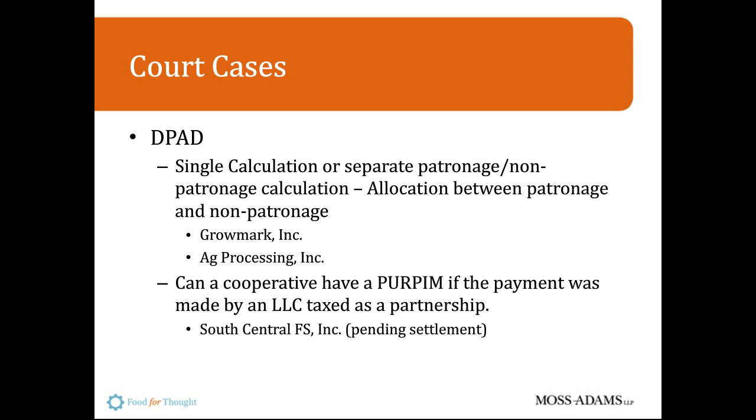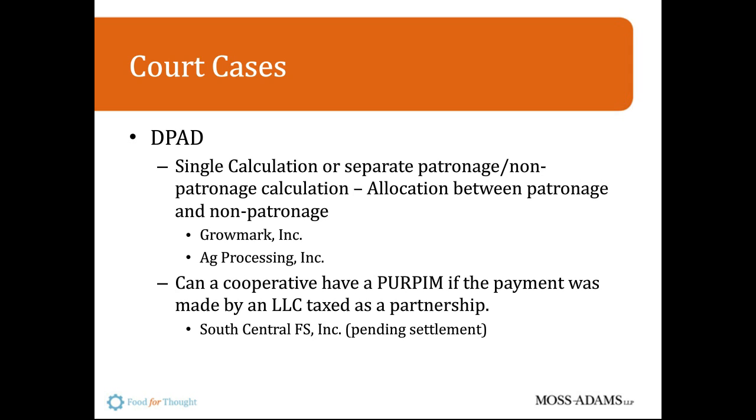And when we start to look at and analyze what can be done with this deduction, we can allocate it to our farmer members. If for whatever reason those farmer members had losses in the year received, but they had wages from working in town, or their spouse worked in town, or interest or dividend income, they could use the deduction to reduce those other non-farming activities.